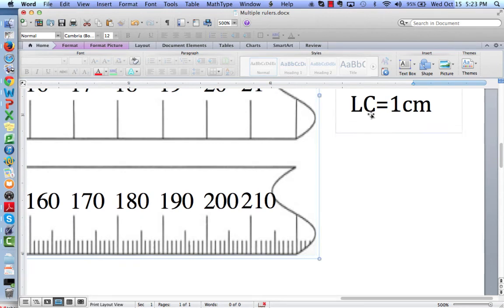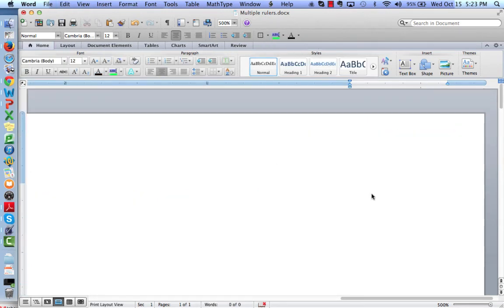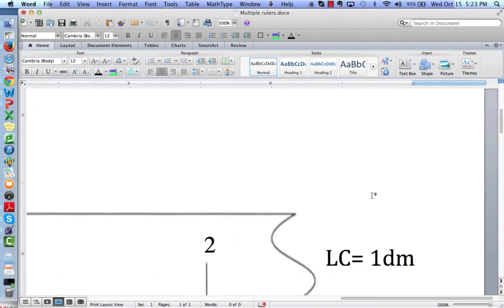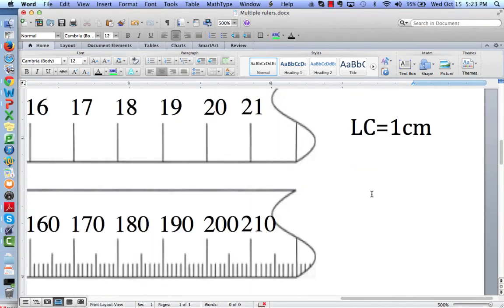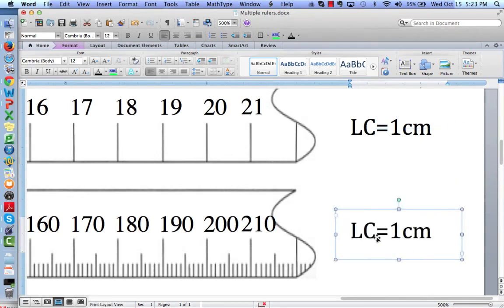1, exactly. So we could take that then. We know that the least count is 1, but what unit goes with that? It's 1 millimeter. All right, so just looking at these three,